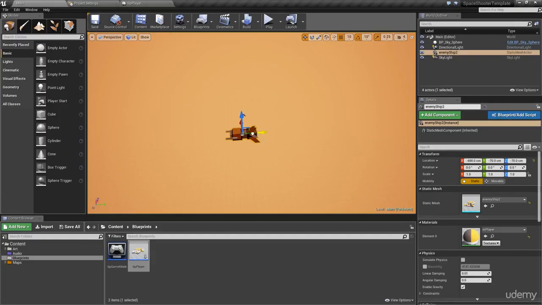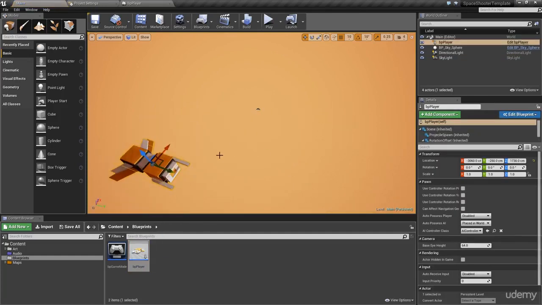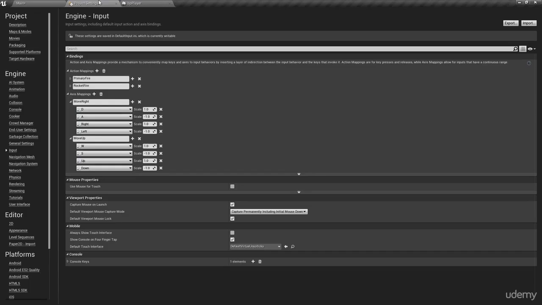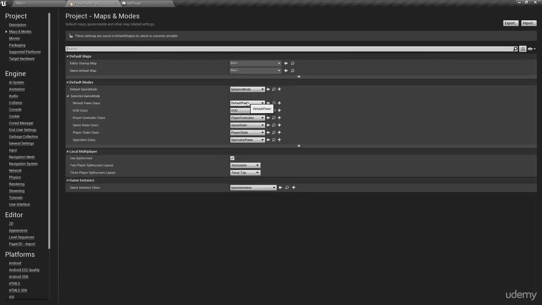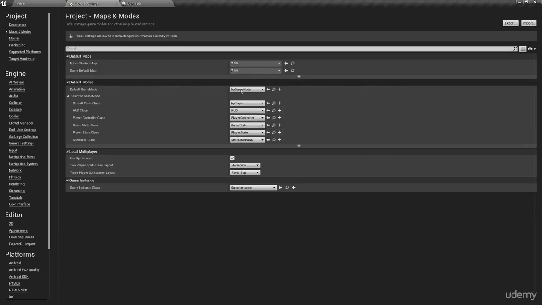So what we can do, we can remove this and we can now drag him in. So we now have our blueprint ready to drag in. But we don't want to do that either, so if we just remove that, go to our player settings, go to maps and modes, and go to our default pawn. We can now change the default pawn to bpPlayer,